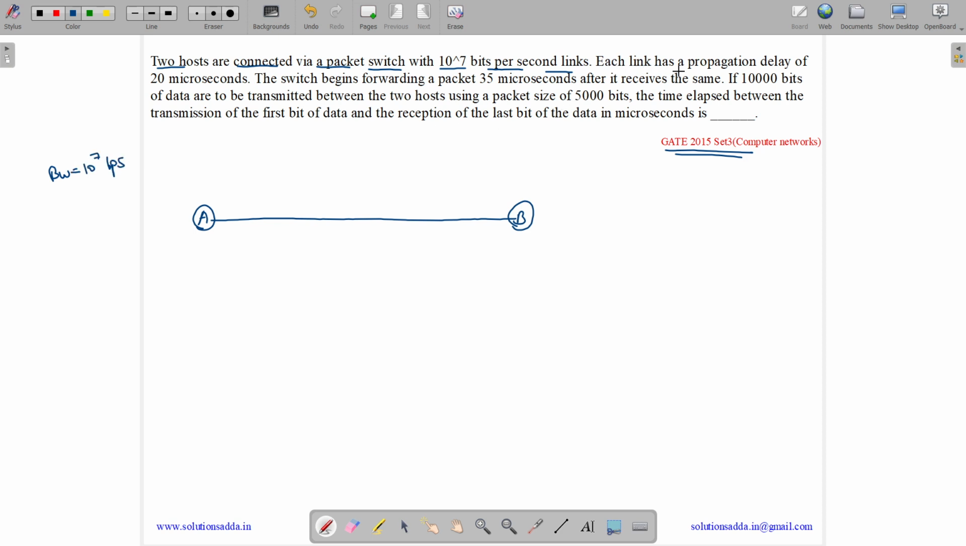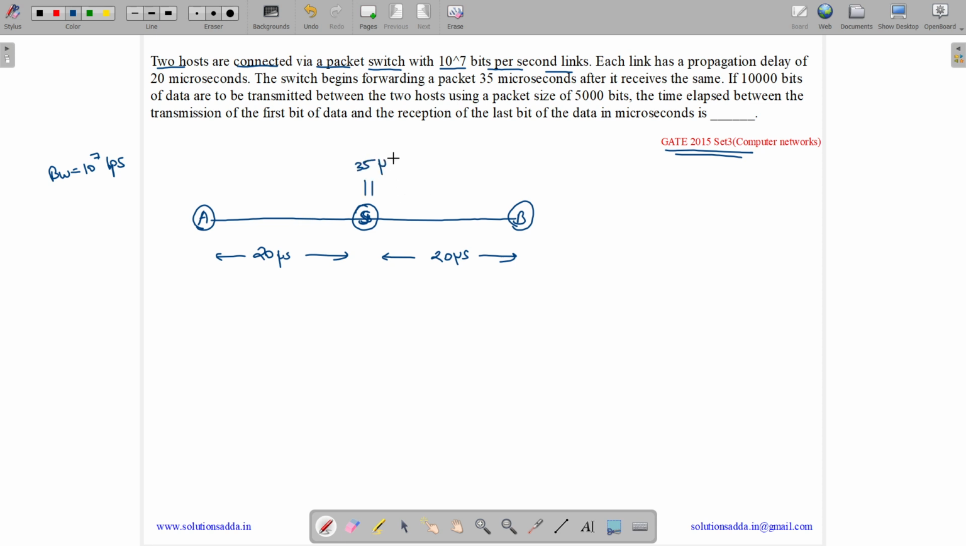Each link has a propagation delay of 20 microseconds. So we have two links over here with a switch in between. So this is our switch. Each link has a propagation delay of 20 microseconds. So a packet will take 20 microseconds to reach from A to S, and from S to B it will again take 20 microseconds. The switch begins forwarding the packet 35 microseconds after it receives it. So here we have a waiting of